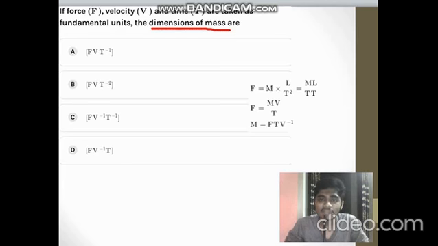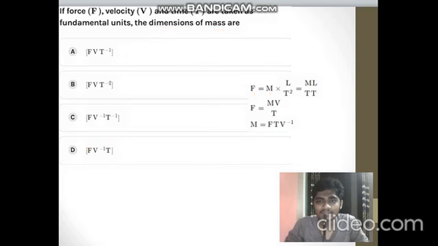So let's write it for force first. What is force? Force is equal to mass into acceleration. So I can write it as M into L by T square, right? Because for acceleration it's L T power minus 2. So you can rearrange this and write M L by T into T. You are just splitting up T square into T into T. So here there is a term L by T which can be written as velocity, because length per time is equal to velocity. So M by T into V. From this you can find the dimensions of mass by bringing T here and V down. So F T V power minus 1. So which is right? This is right.